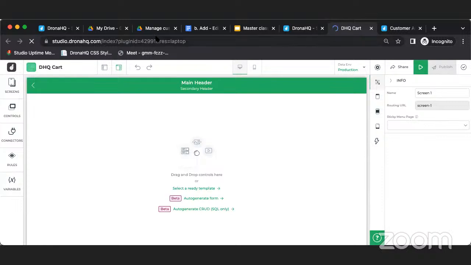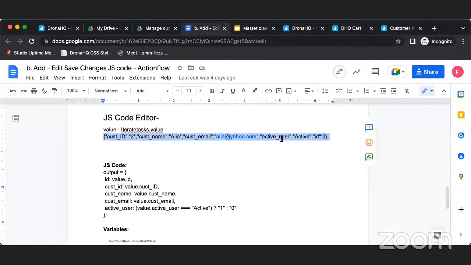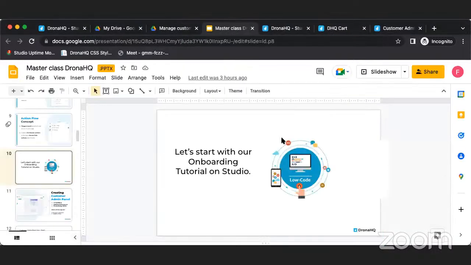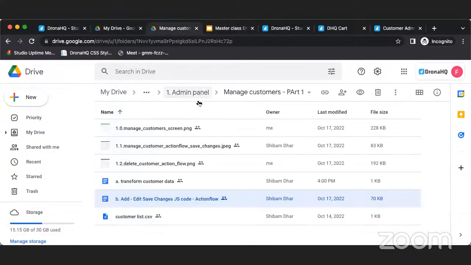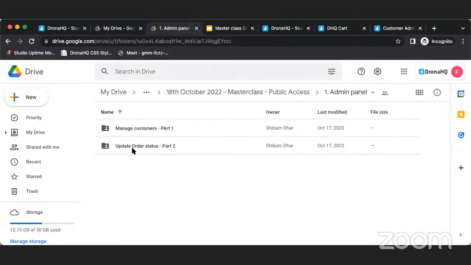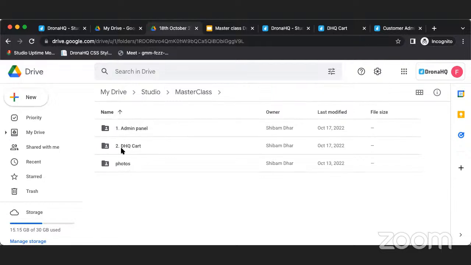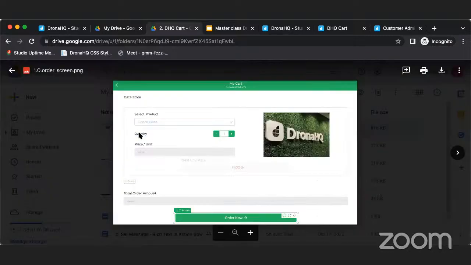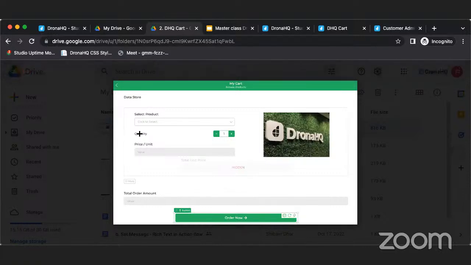So, I'll just simply close a few tabs which are there. So over here, we can move to the second part of the folder, which is the drive folder, which we have shared. So over here, this would be our order screen, which will look like. So this is the end output. We can always beautify this, but for the sake of time constraint, we'll